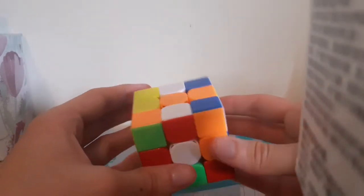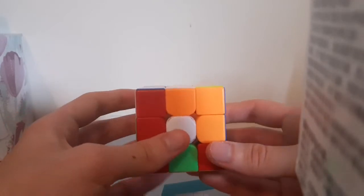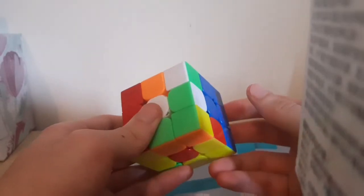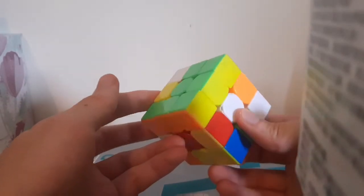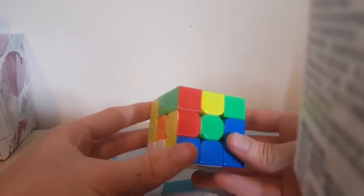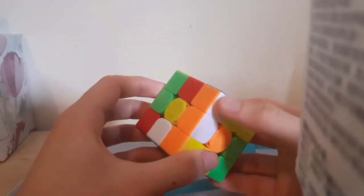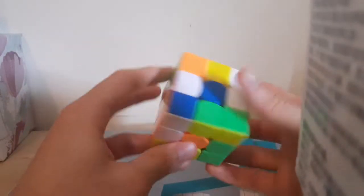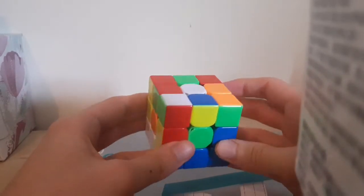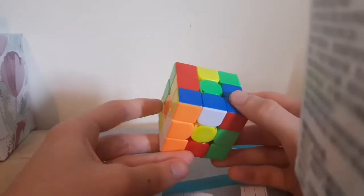And then we have these two, and then pair them up with an R2, and then do R wide prime, B prime to complete the square block. So now looking at the other pair here, this one, okay, the edge is up here, and there isn't